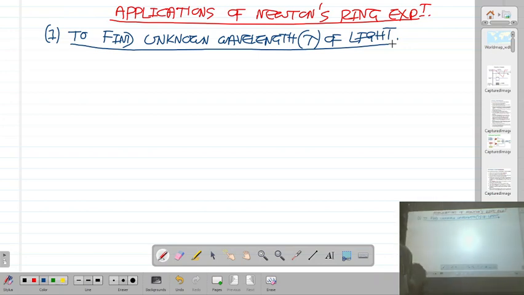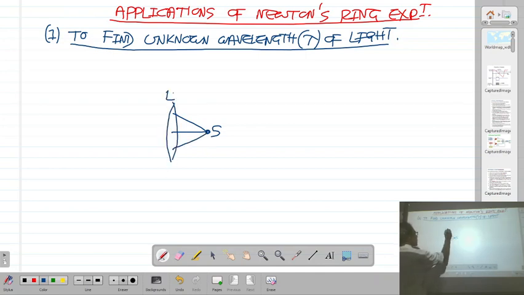First of all, I will show you the experimental arrangement to obtain the Newton's rings. Actually, when you come to the laboratory and see the instrument, you will come to know how to obtain the Newton's rings in the experiment. So I will give you the experimental setup. Here I consider a light source from which the light rays are emitted.